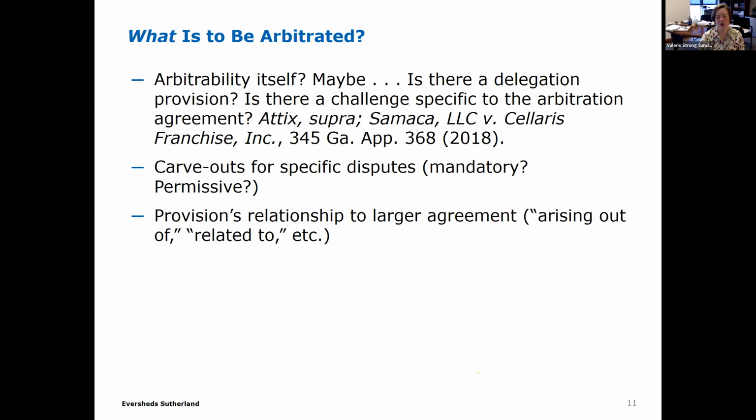If you've got a license agreement dispute and you've said we're going to arbitrate disputes under this license agreement, except for challenges to the validity of the patent, which will go to court, and then one party says, I think you've overcharged me under the terms of our agreement, I think what I'm doing is outside the scope of the patent,